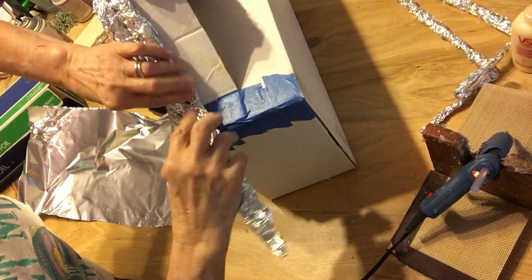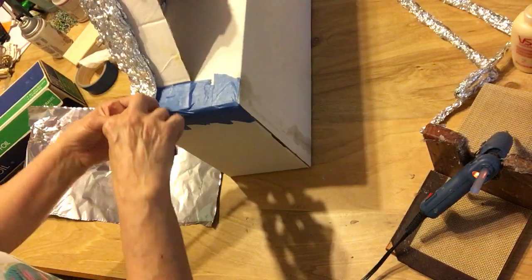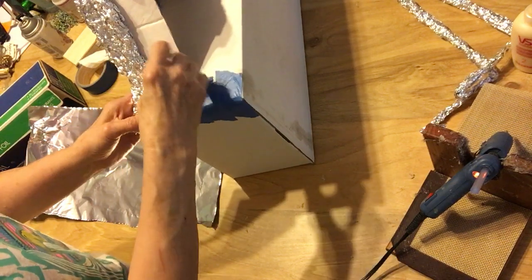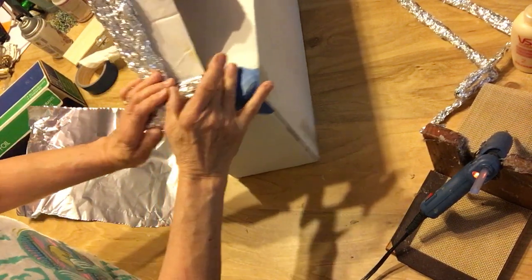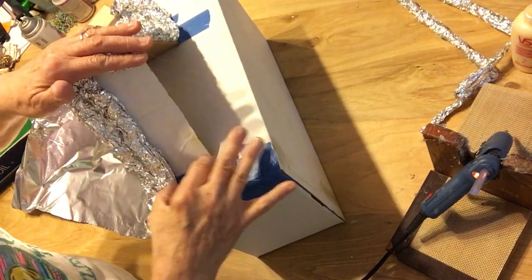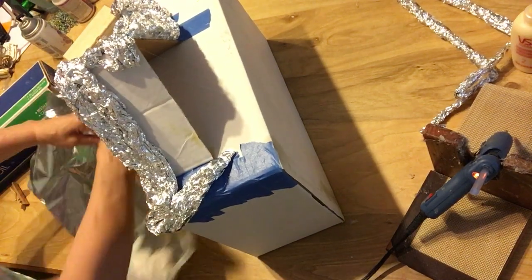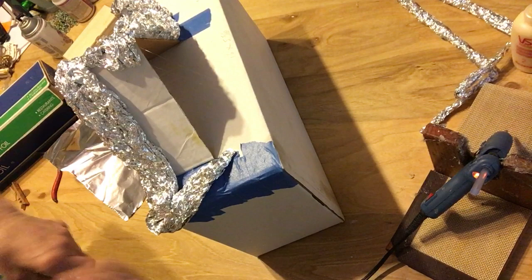Alrighty, I'm going to come in here. And then I'm going to come back out this way, okay? And just kind of maybe like that, okay? I'm going to leave it there for a second. I'm not going to glue it yet because I want to put some more in here and then I'll glue it, okay? And since this is a short area, let me go ahead and just,